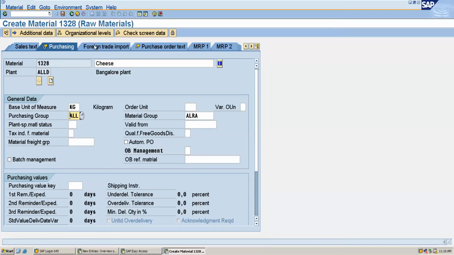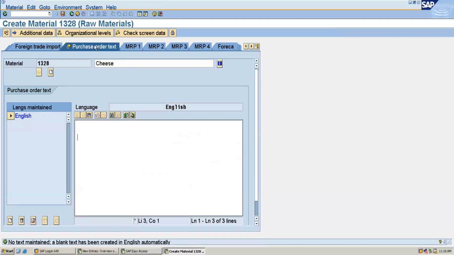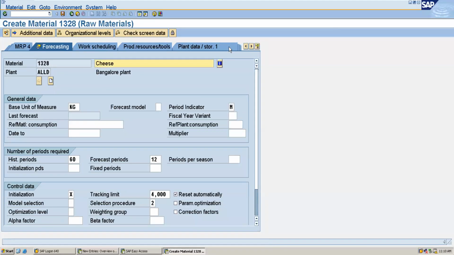My purchasing group is ALLO. Whatever requirements you have according to your client, you can do that. Now I'm saving this. The material is going to get created.